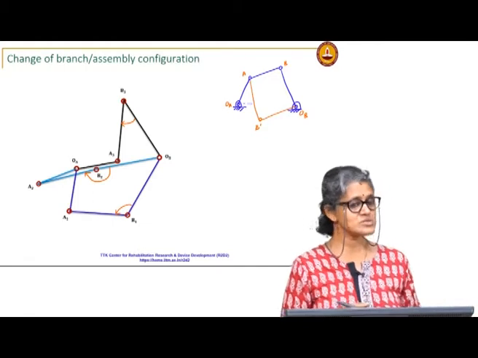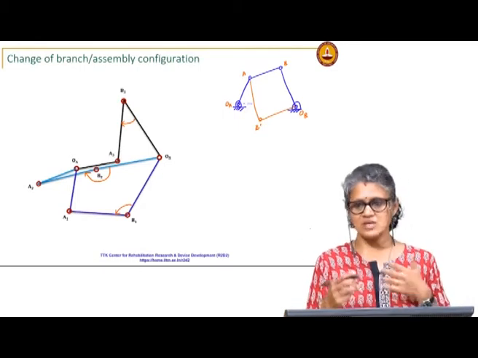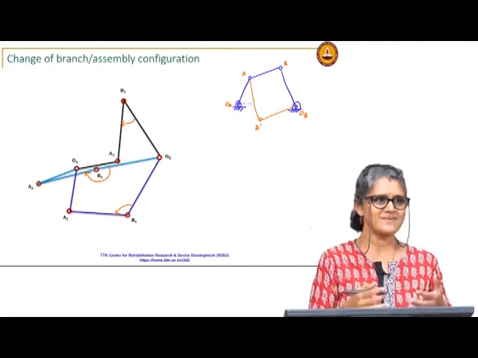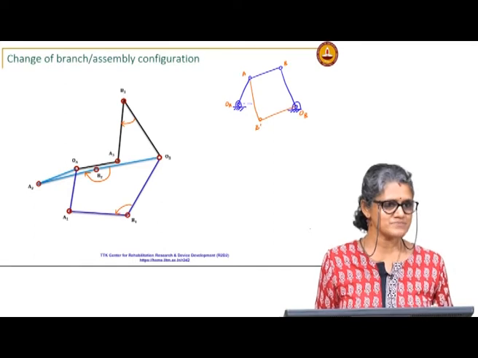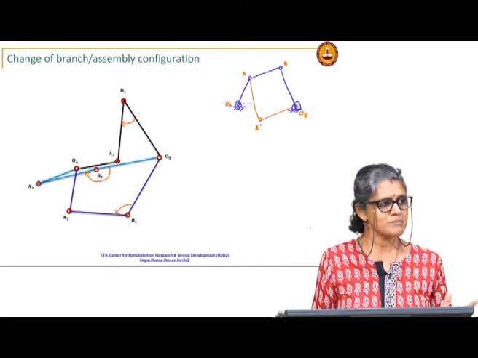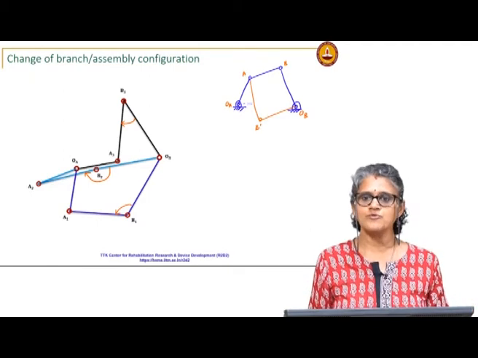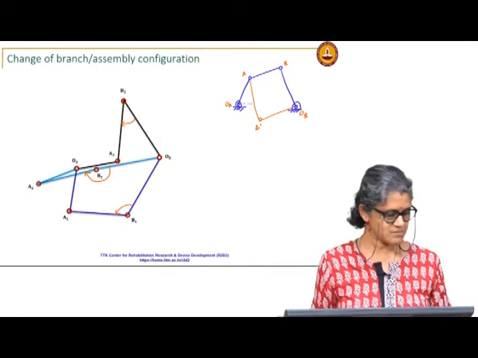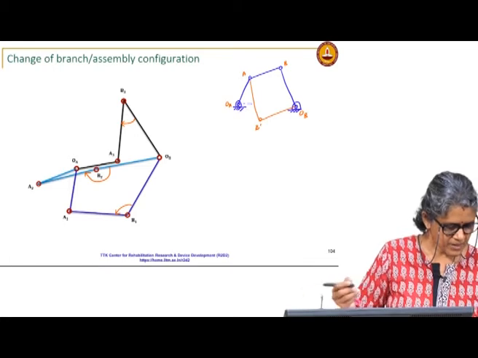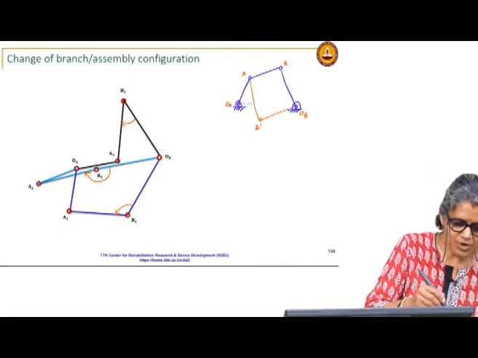That is one of the disadvantages of the graphical process, because if you keep hitting the wrong solution, then it is going to be quite time consuming. If you get a suitable solution quickly, you are lucky, but if not, it can become quite tedious to look for alternative solutions. So, the way to check is to draw the linkage